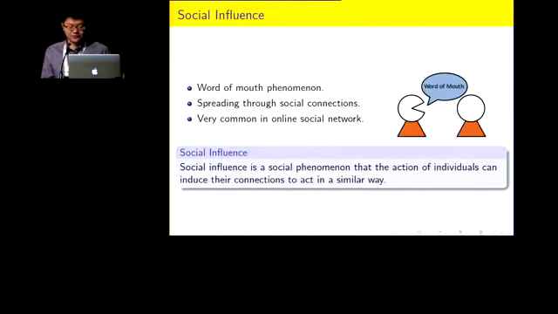First is the social influence. As we all know, the word-of-mouth phenomenon makes information spread in social communities, whether real social communities or virtual ones. For example, if I post a tweet, and this tweet is very funny, it would appear in my friends' timelines, and my friends will see it and retweet it. In this case, the information is diffused from me to my friends. We call this kind of influence, diffused through the social connection, social influence.